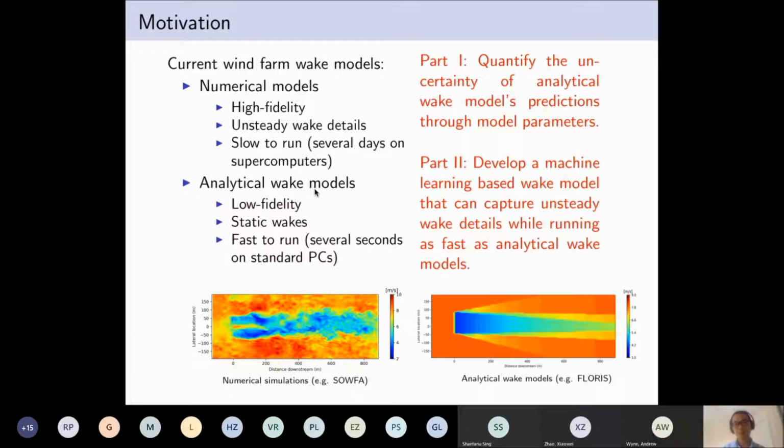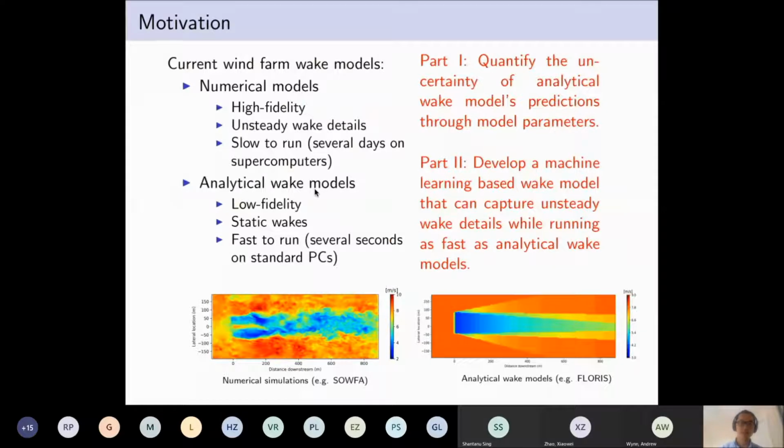For example, a large eddy simulation usually takes several days on supercomputers with several hundred CPUs. Here on the bottom left, we show an instantaneous flow field of a large eddy simulation carried out by the software SOWFA. We can see the flow details are all captured.